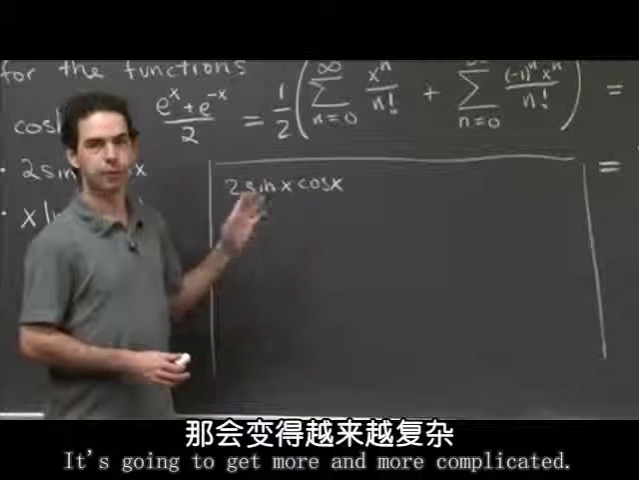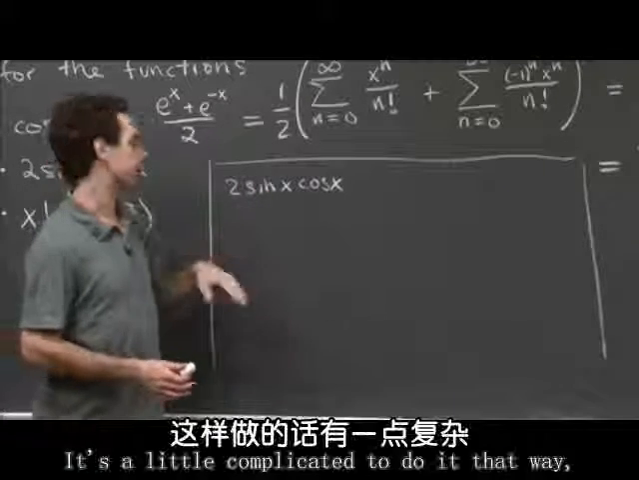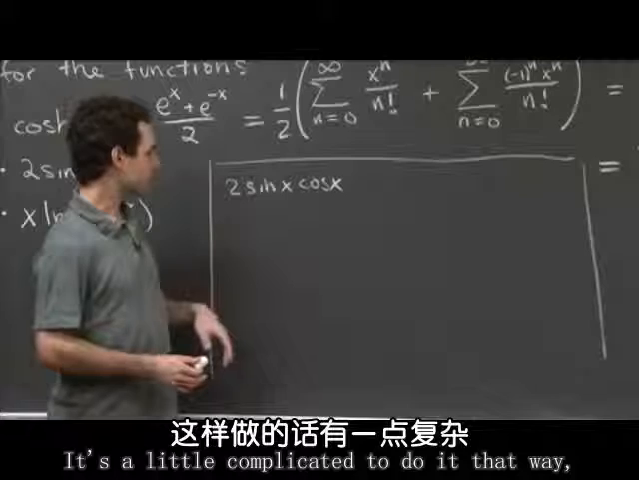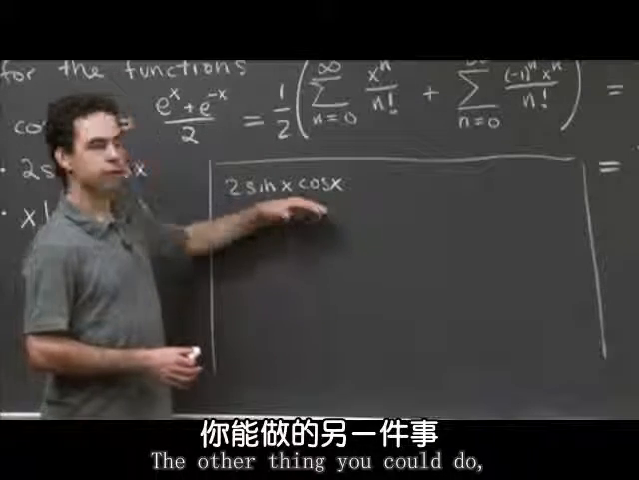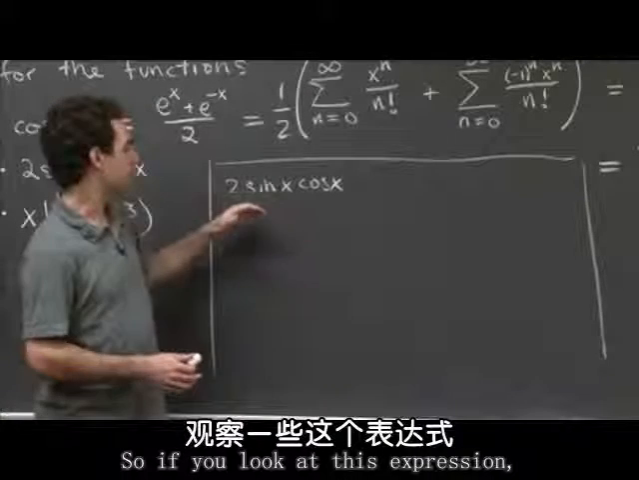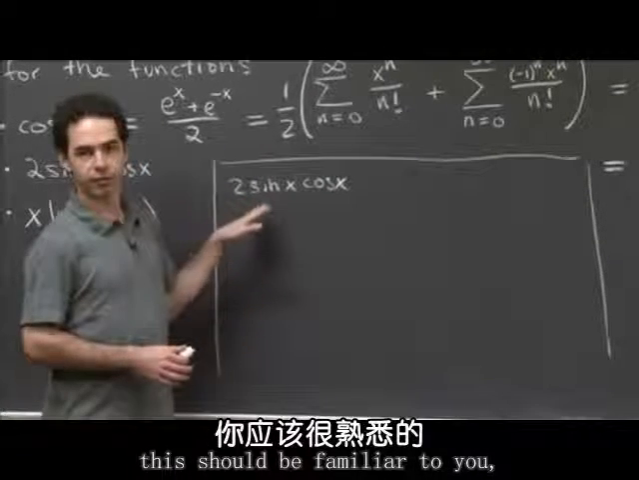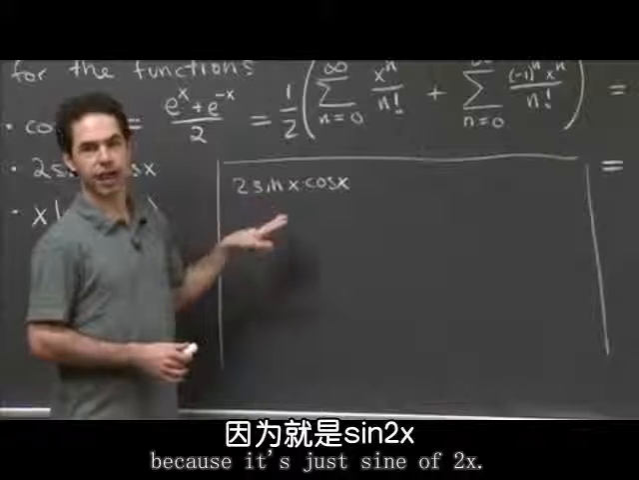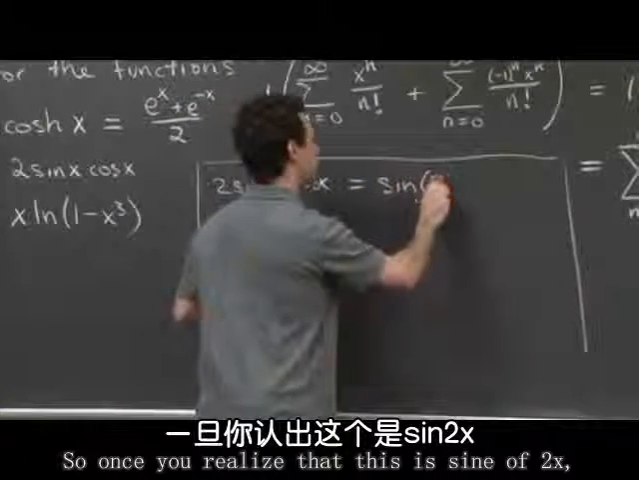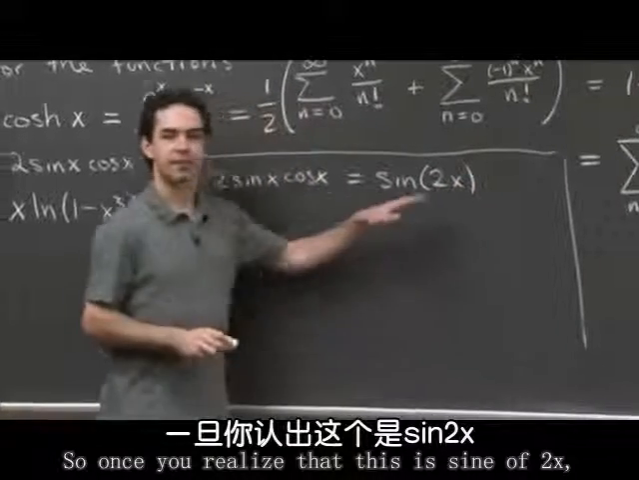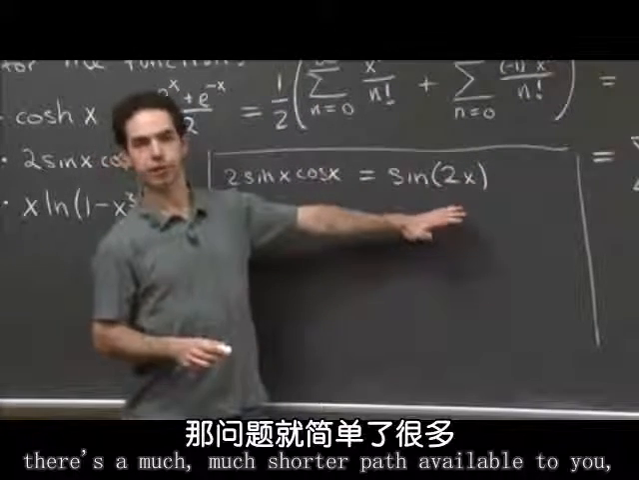It's going to get more and more complicated. It still works. It's a little complicated to do that way if you wanted more than just a few terms. The other thing you could do is remember your trig identities. If you look at this expression, this should be familiar to you because it's just sine of 2x. So once you realize that this is sine of 2x, there's a much, much shorter path available